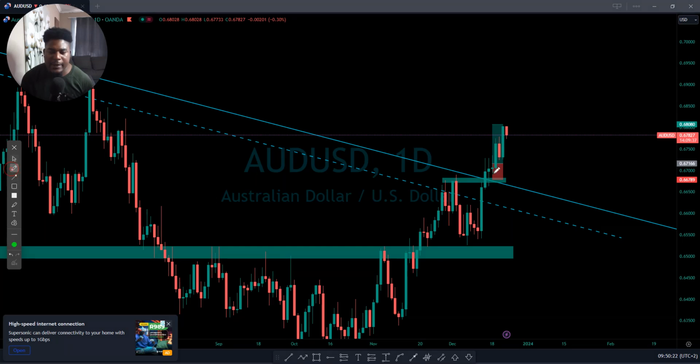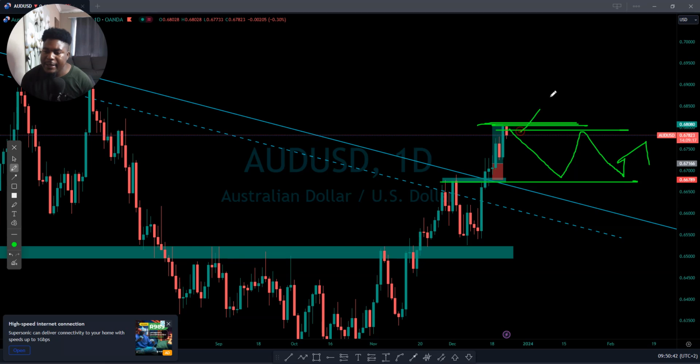You see that we just broke out here on a daily time frame, even on a 4 hour time frame. So we had a buy. You can see the market has been pushing to the upside. I'm expecting maybe the market to create a resistance there. Maybe we might have something like this playing out and keep pushing to the upside, or maybe the market might break that resistance and just keep pushing to the upside.